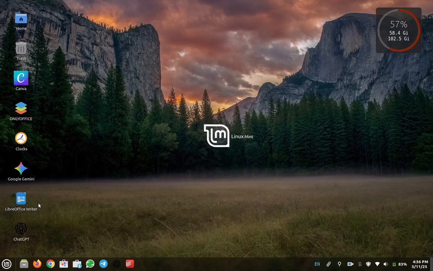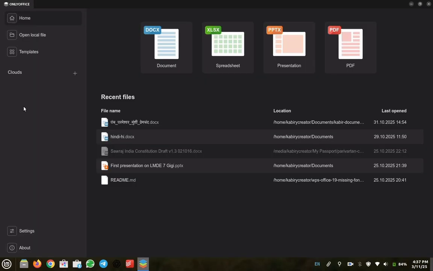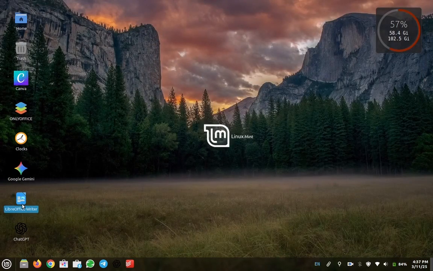Actually, mainly you have two options, LibreOffice and OnlyOffice. I would say use LibreOffice as much as you can. You have everything in that. It's as powerful as MS Office. So LibreOffice is the ultimate Linux document editor, compatible, most integrated to Linux. OnlyOffice you can use, but use it as an exception, if you really need an MS Office like interface, then you can use OnlyOffice, but I would recommend LibreOffice.